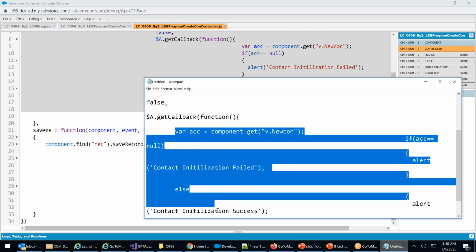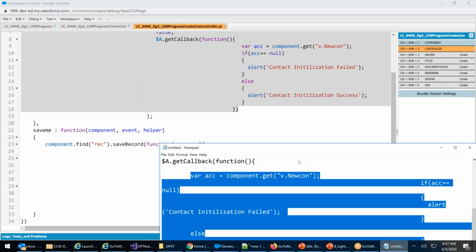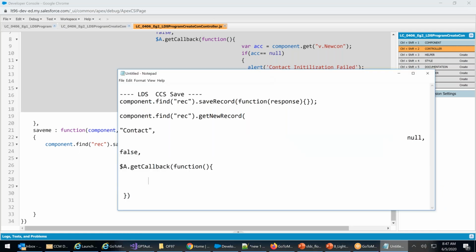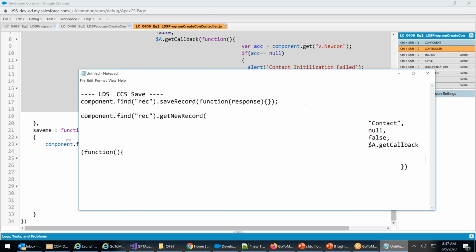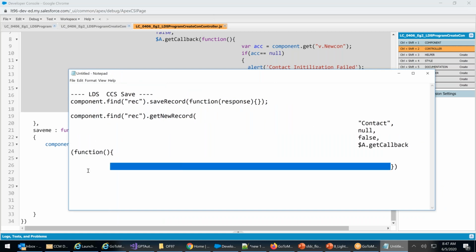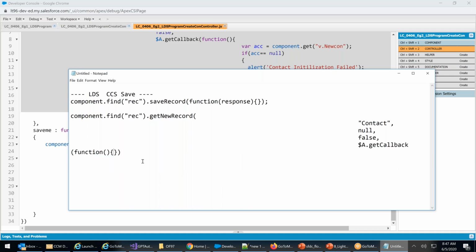Right? Am I deleting the right one? Yes. Let me put it in the right way. Delete function.